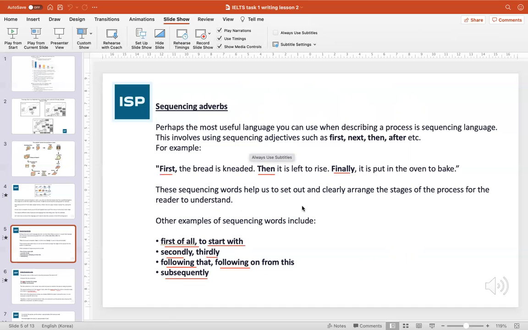Obviously, because you want your writing to be as logical and clearly organized as possible, especially if you're describing a process. You need to start at the beginning, right? And make sure that your reader can follow you in the right order till the end. It's very important. If you don't, then you miss a step or you go the wrong direction. That could spell disaster for your recipe, so it has to be very clear. That's the first thing to bear in mind. Sequencing adverbs.